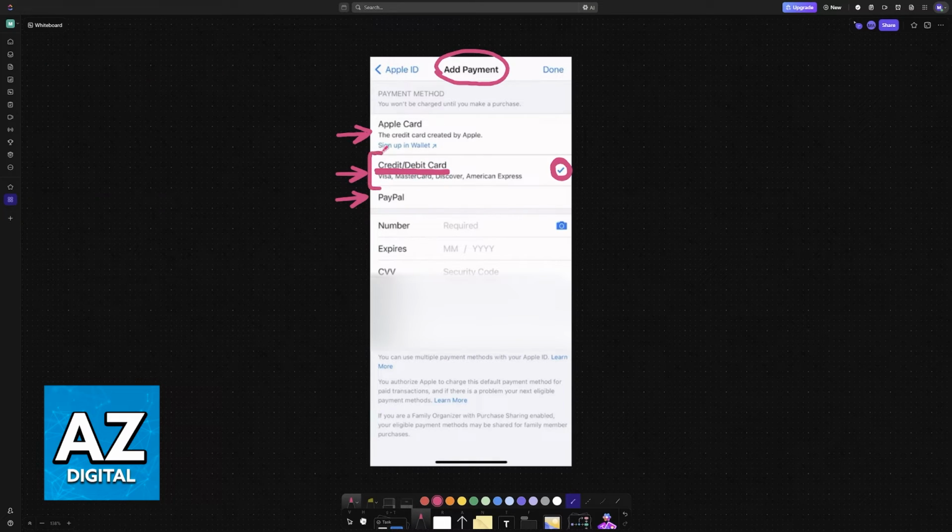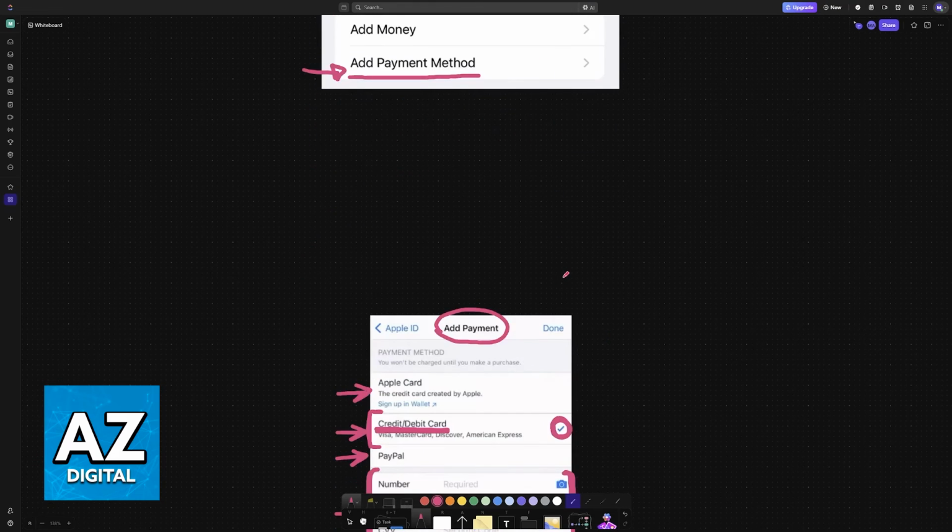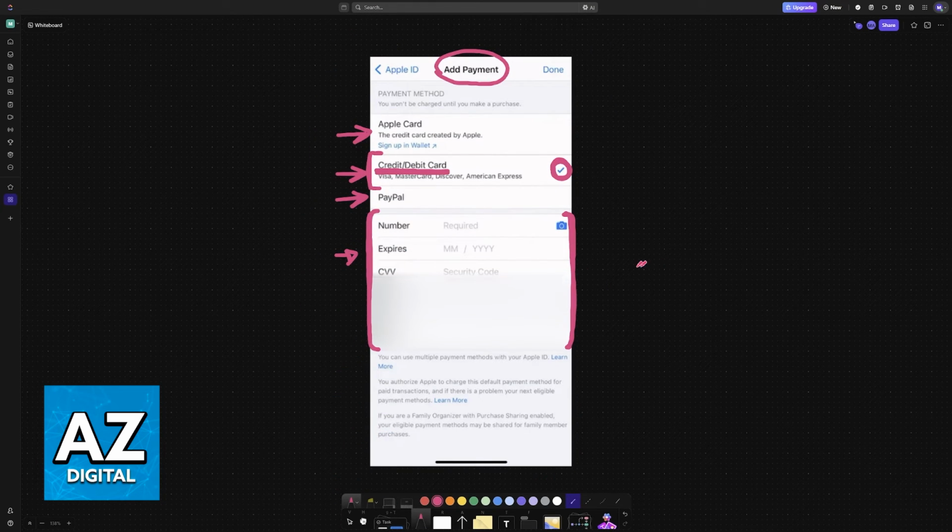Once you tap credit/debit card, you will now have to input the necessary credentials. So usually it is going to be the full card number, the expiration date, security code, and information about the card holder, like your name and probably a zip code. Once you input all of these required details, you will be able to save the card and it is going to appear under the registered payment methods on your Apple account here. And now you can use it in conjunction with various different services.